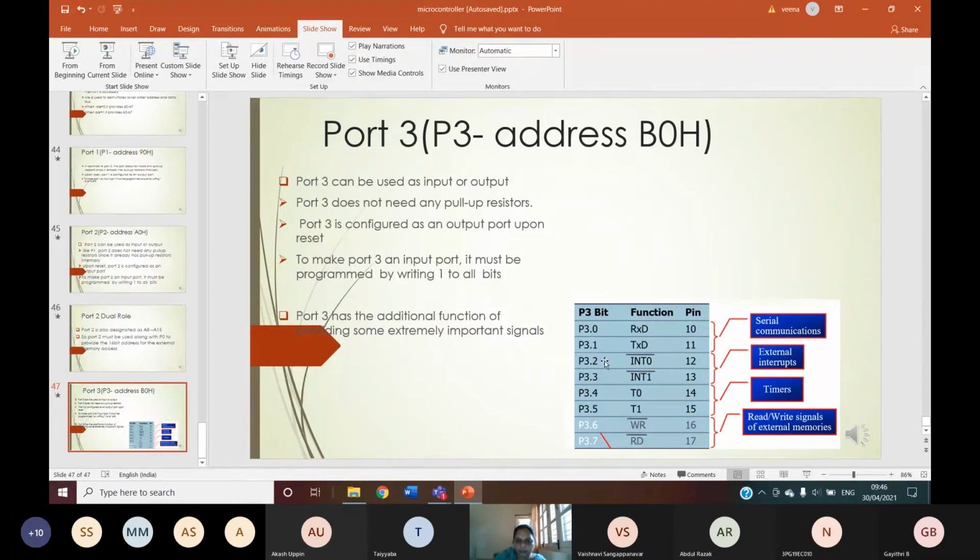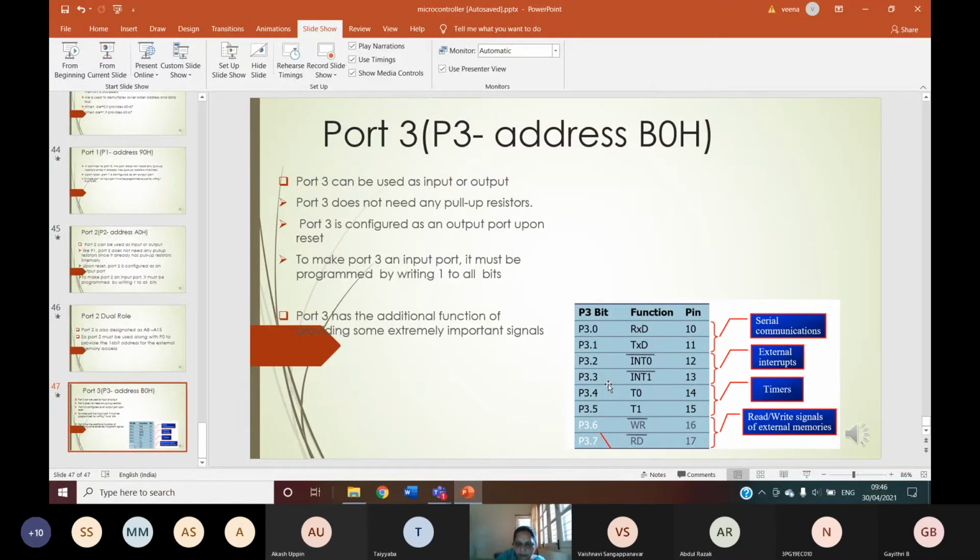Okay, so port 3 bit 2 and port 3 bit 3 are dedicated for the external interrupts. 8051 supports 2 external interrupts, INT0 and INT1. You connect any input output device, or any device which requires urgent service. In that case, it signals the microcontroller by sending an active low, because I have INT0 bar and INT1 bar, which means that these 2 interrupts are active low interrupts.